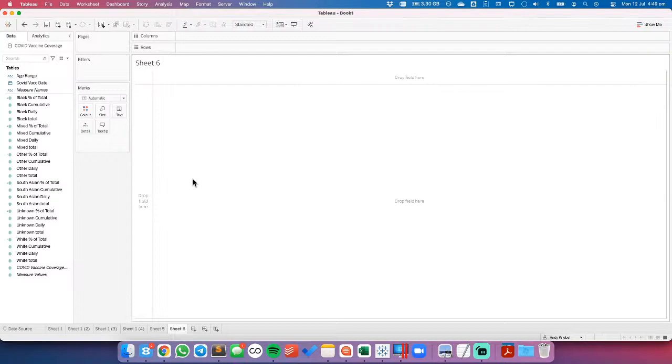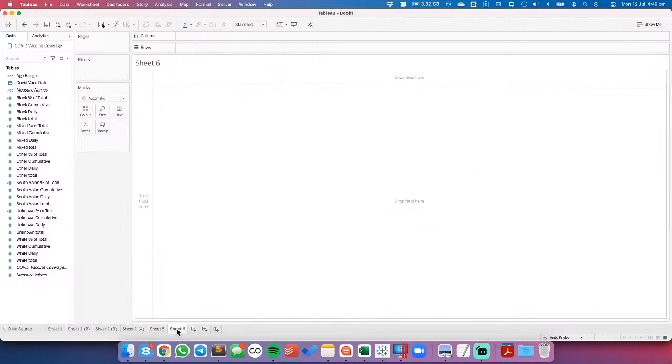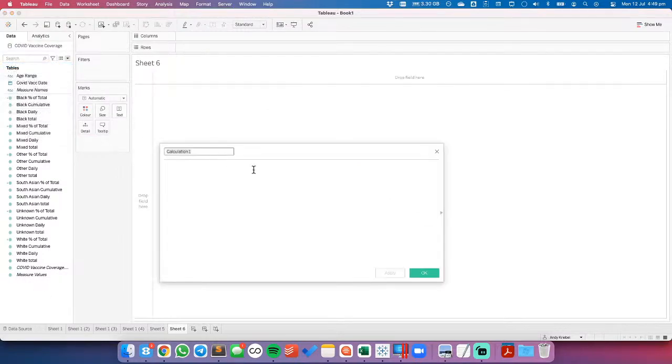Okay, so what are some other things we could do with this data? We could certainly look at the latest value. So let's call this black latest cumulative. Let's see, no, black latest percent of total. So here I'm going to say fixed on age range, and I'm going to say sum if the vaccine date